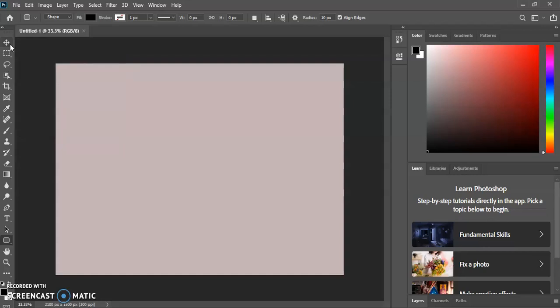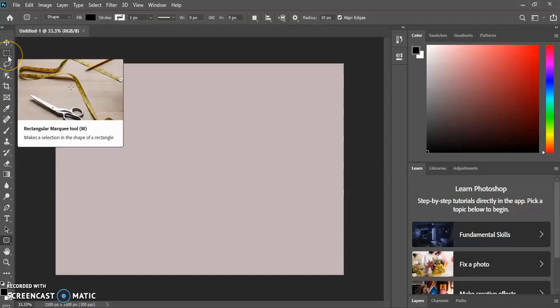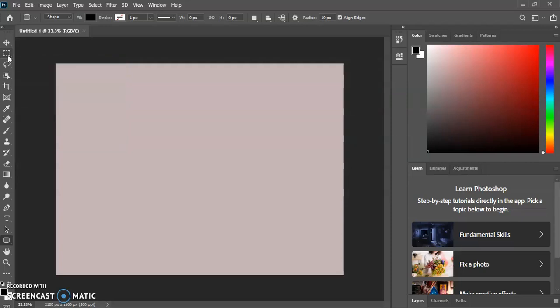So this tool is used for these purposes. Then we have the rectangle marquee tool. It is used to draw rectangle selection outlines. Press and hold shift as you drag to draw a square selection. So if we press shift,